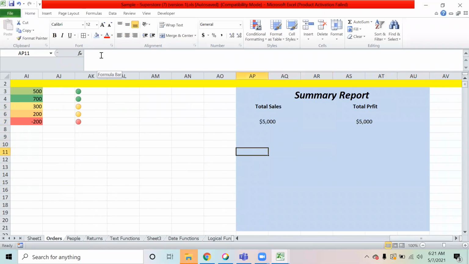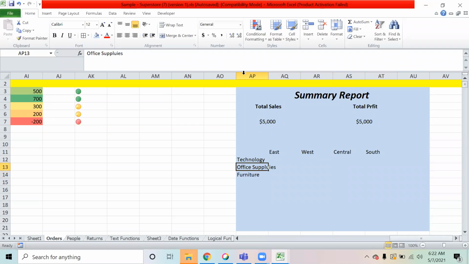Then you can create a small quick report: how many regions do you have? Figure out what all regions you have. You have East, West, Central, South. So these are the regions, and you have the three categories: technology, office supplies, and furniture.